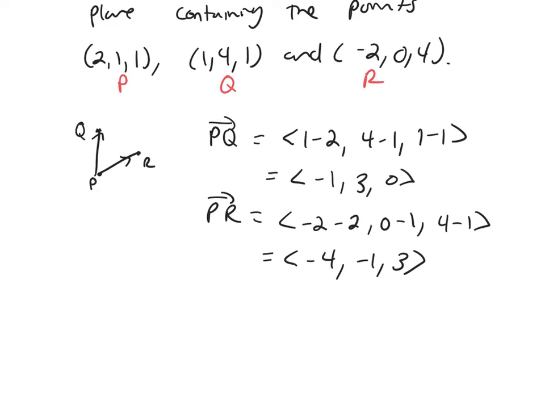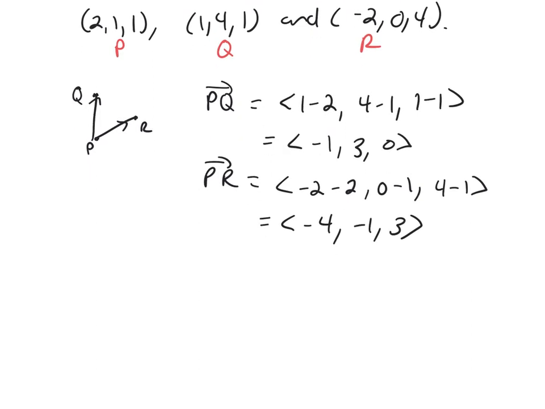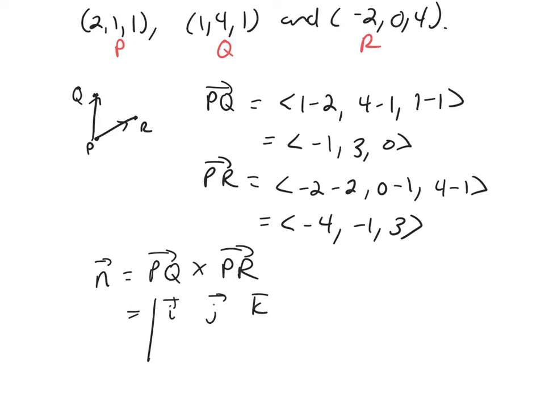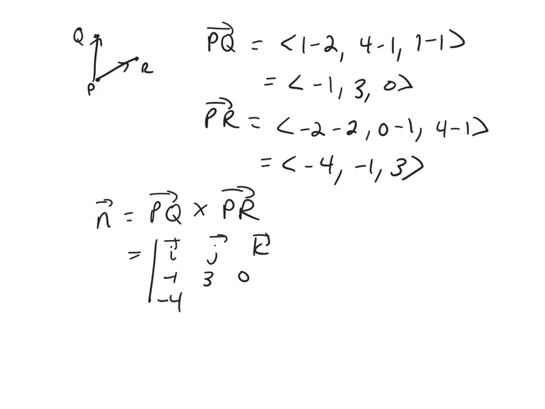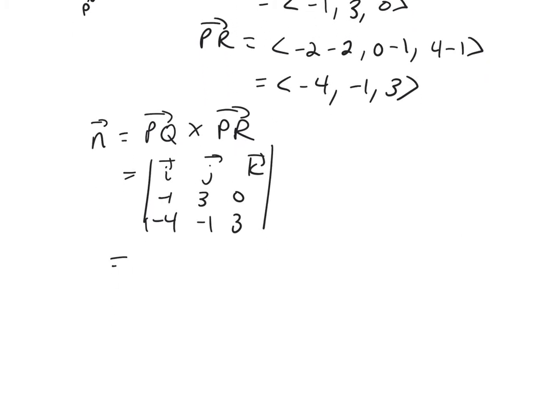So then you want a normal vector for the plane. Remember, it's orthogonal to the plane. It would need to be orthogonal to both these vectors. So to find our vector n, you're going to take the cross product of these two vectors. So here, I'm going to take the cross product of i, j, k, negative 1, 3, 0, negative 4, negative 1, 3. So here we compute this cross product. We'll get